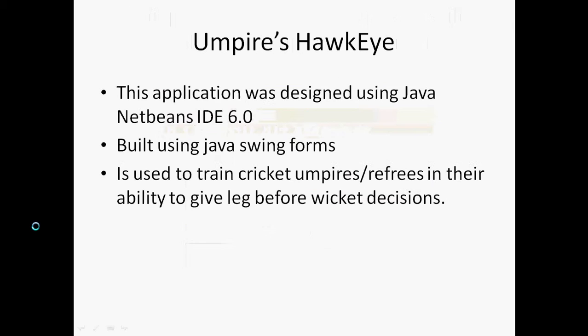Right, the Umpire's Hawkeye is basically a training software for cricket referees or umpires in their ability to give on-the-spot decisions or make calls during a match. It's a Java Swing application. That's how it looks like,